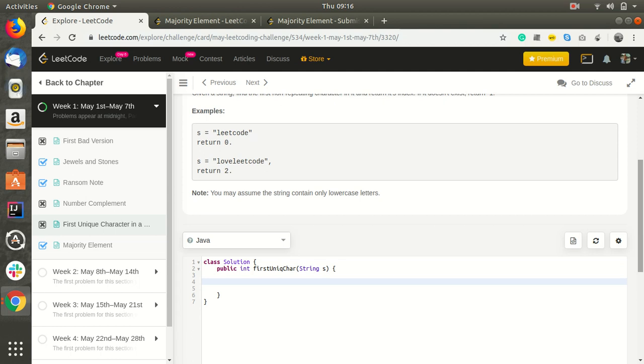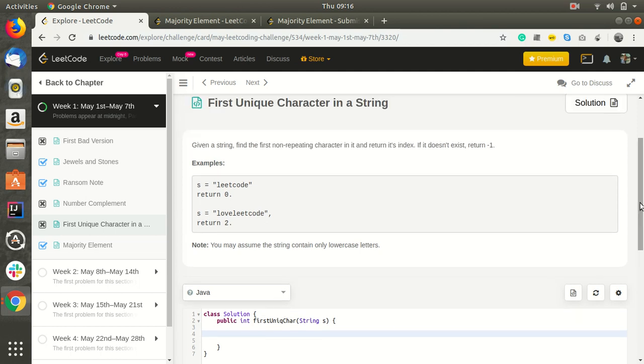So how can we do it? I have one thinking in my mind: we'll use a linked hash map, which will preserve our order, and we will be storing every character as a key, and value is how many times it got repeated.